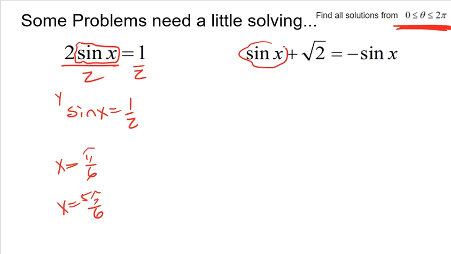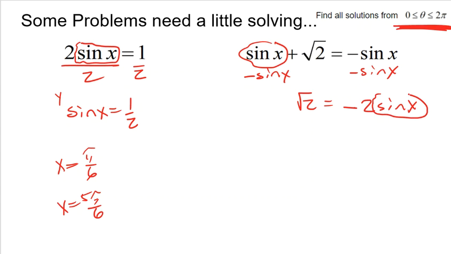I don't want this over here, so I'm going to subtract sine of x from both sides. So I get radical 2 equals -2 sine of x, right? Negative w minus w is -2w, so negative sine minus sine is -2 sine. And then again, I still got one more step left. I want sine of x. So I'm going to divide both sides by -2, and I get negative radical 2 over 2 equals sine of